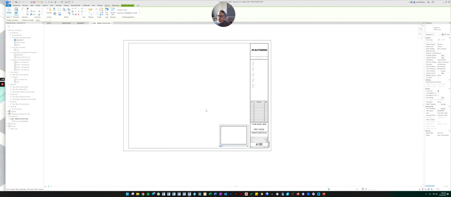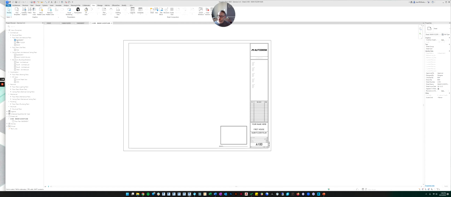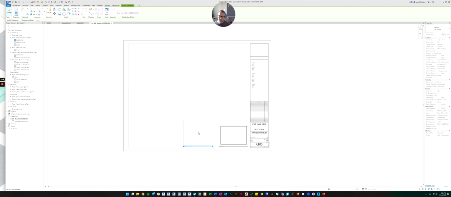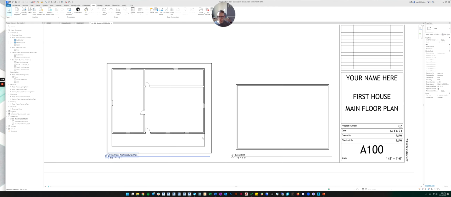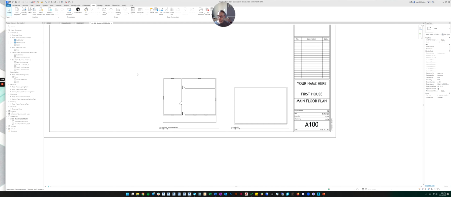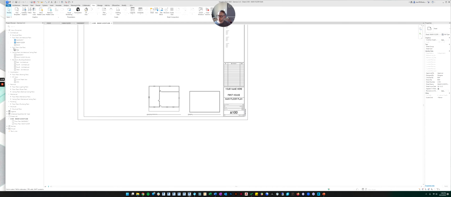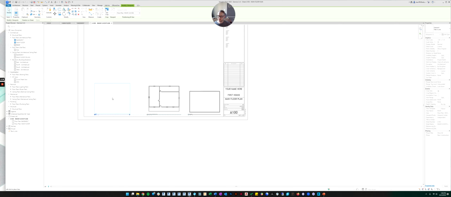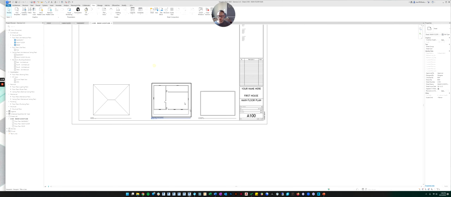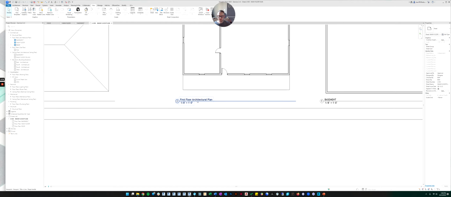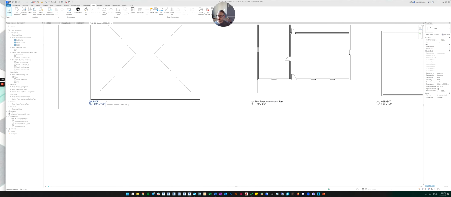Okay. And you'll also notice if you go look in the browser, do you see how the basement now has the square next to it filled in with a blue dot? That lets you know it's on a sheet already. So when you place a view on a sheet, it turns the dot blue. So let's put the main floor on here by clicking, dragging, and dropping, and then clicking again. We'll place it. And now you see it's got a blue dot. Now let's do the roof plan and place it. Okay, great. So now we've got our basement, our first floor, and our roof.